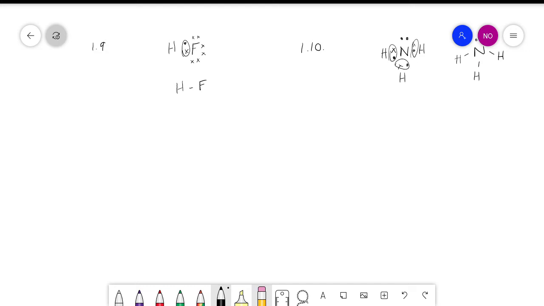Okay, now I'm back to the top of page 17 where they say, if we are working for instance with